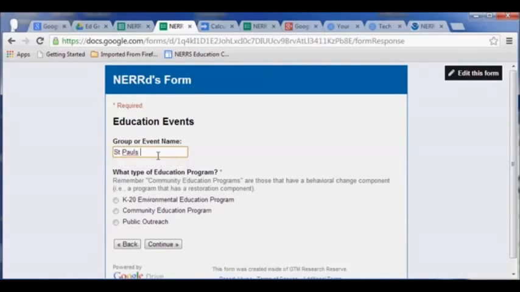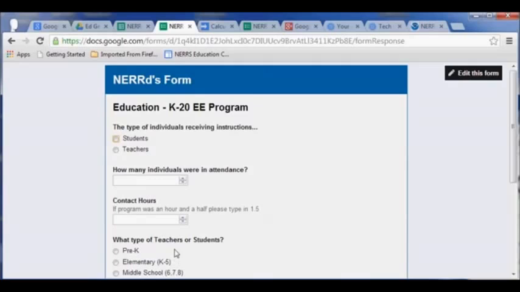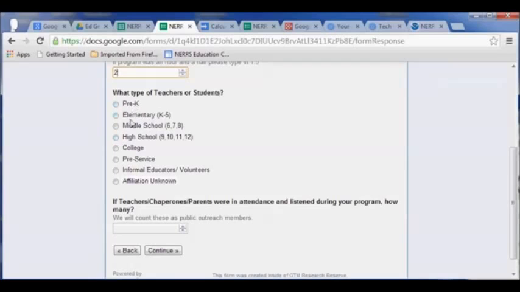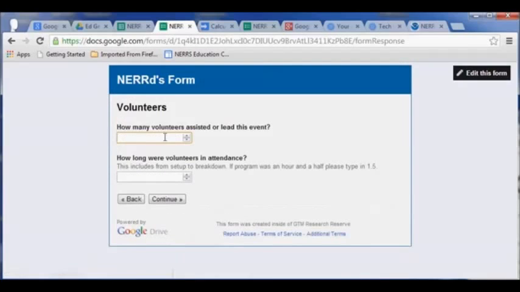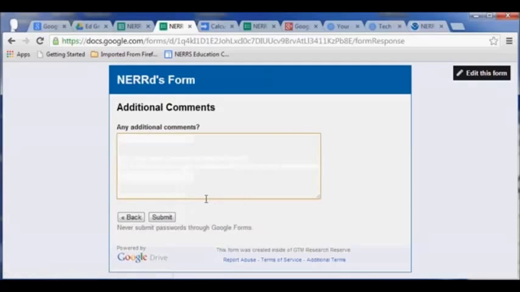It was St. Paul's Catholic Church, and it's a private school, and it was students, and they were about 34, and we saw them for 2 hours, and they were an elementary group, and we had 4 teachers. And we had 4 volunteers that were here for 3 hours. So if we submit it